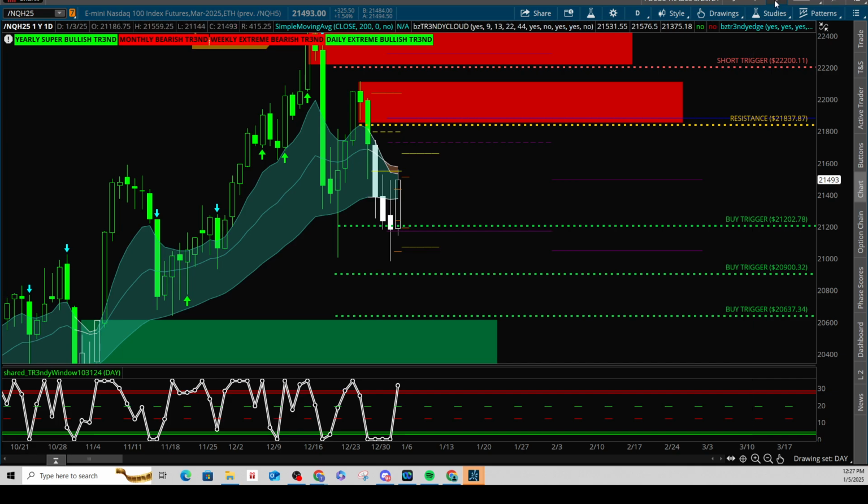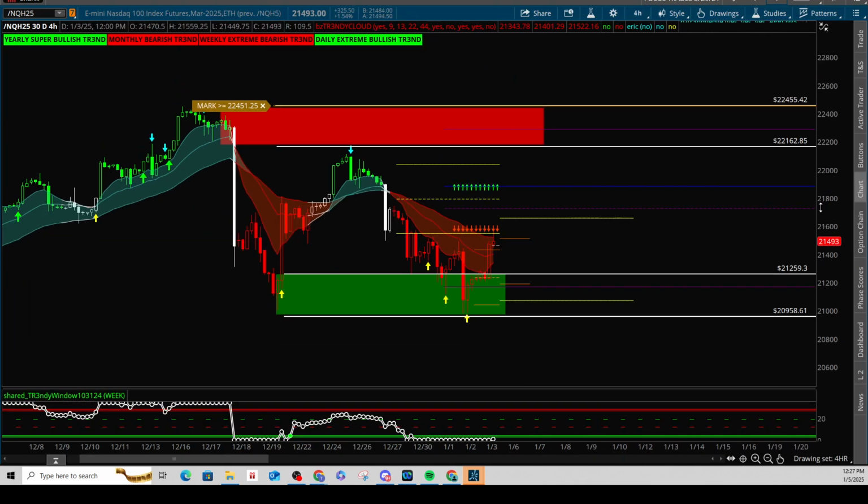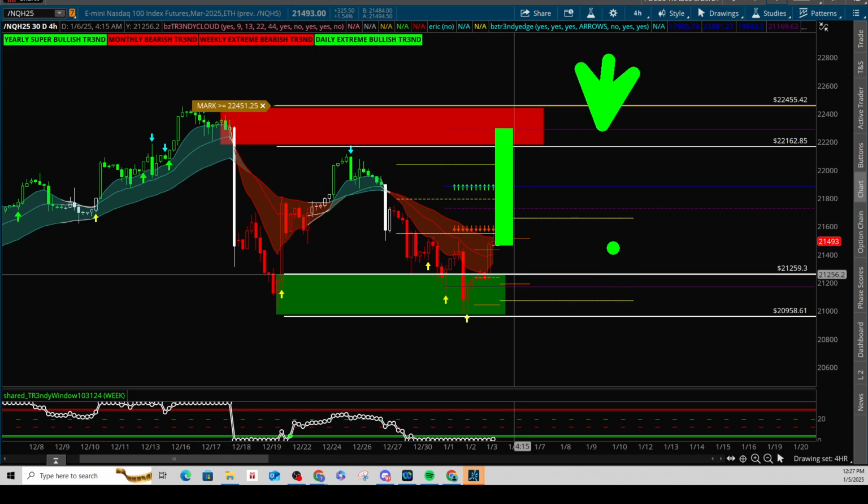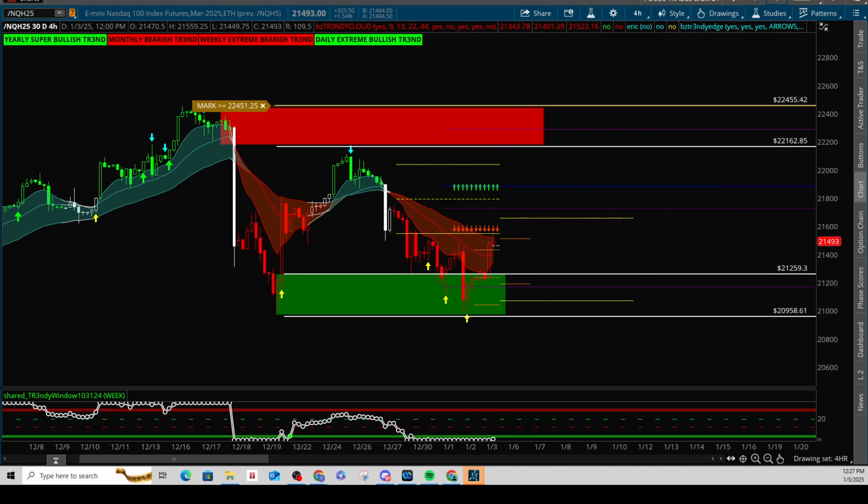Okay, let's move on to the 4 hour. Just like the ES futures, we've been using this for 3 weeks. We came up, we didn't quite touch the supply zone, so that's a bullish thing. If this thing does end up taking off, I do believe we can move all the way up to this purple line, ACDC equals ME. Let's go ahead and go over those levels going into the NASDAQ.